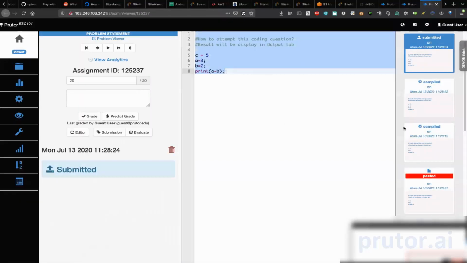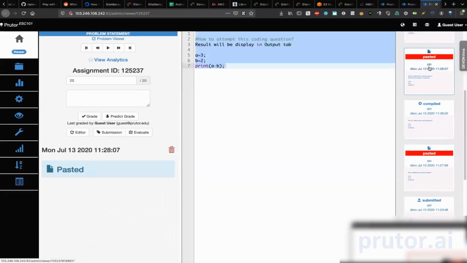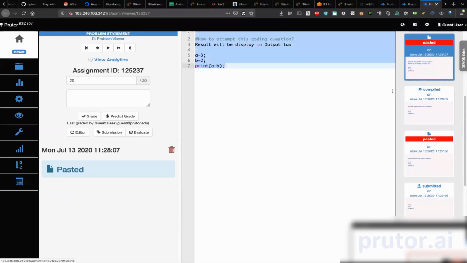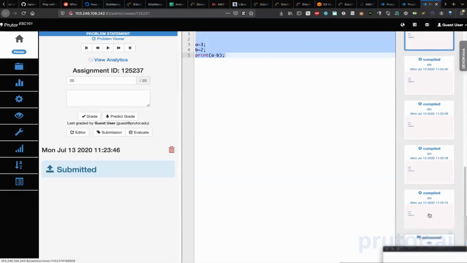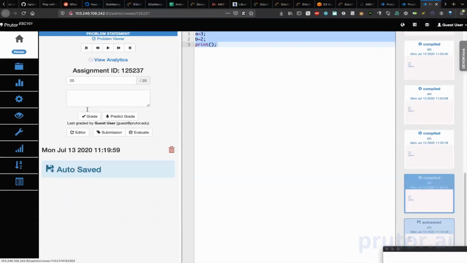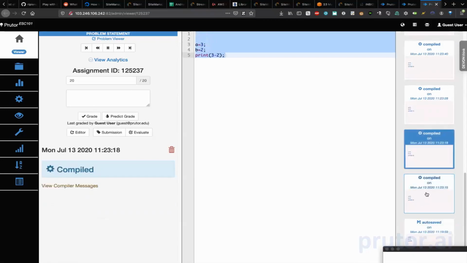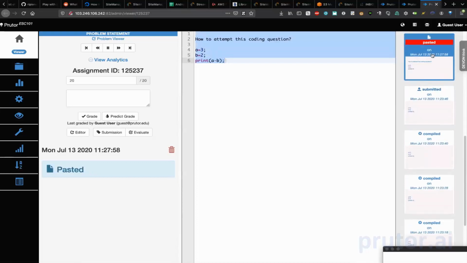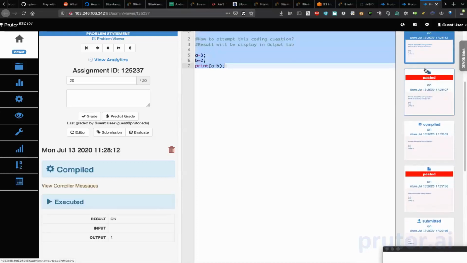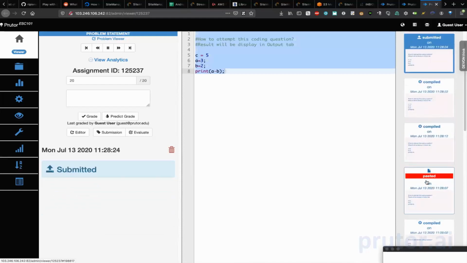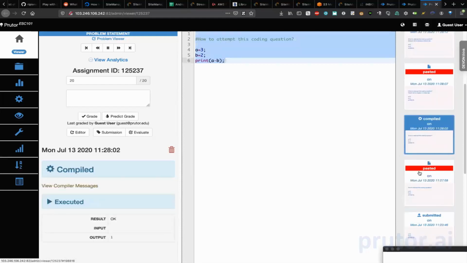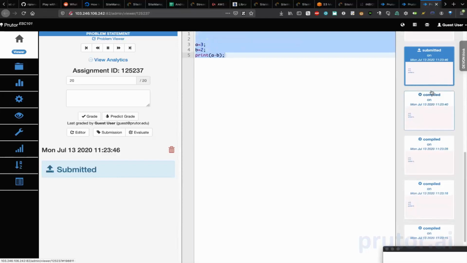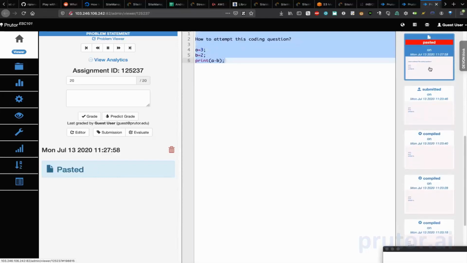Here is the problem. And sir, see here it shows pasted. Started with this code here. Then he compiled it, so I can actually play it here. So you can see he compiled it, then compiled it again, then again, and then he submitted it, then he pasted it. Then he pasted it again. So this appears in red. You can see this was the code before pasting. This was the code after pasting.